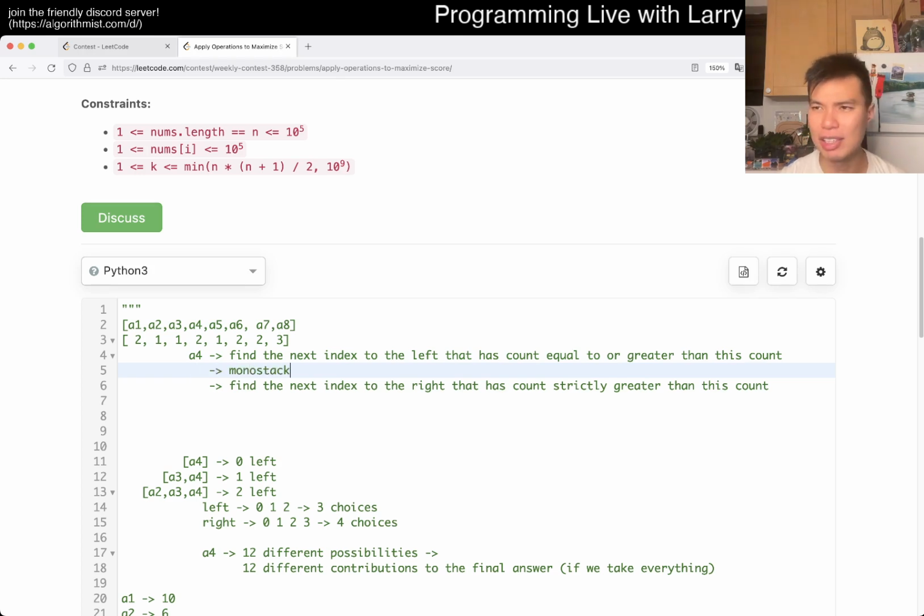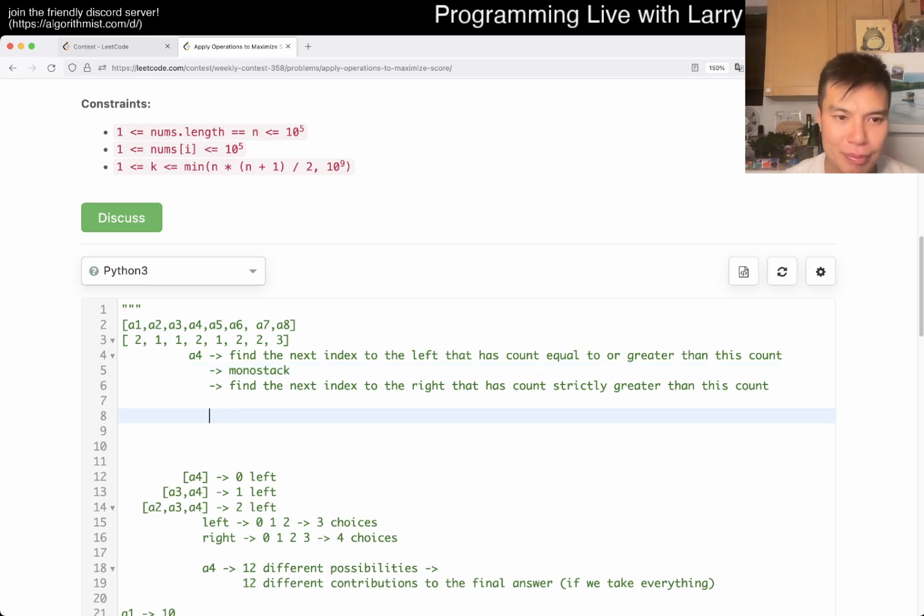Monostack, I actually have a video on monoq, but it's the same idea. Monostack is just a name for a stack with an invariant. I don't like to talk about it that way, but the idea here is you're trying to eliminate search possibilities, right? That's the idea behind this monostack. If you watch me during the contest, I actually redid everything from scratch on this proof. But the idea here, and maybe I should just have a template, in any case, for this particular problem,